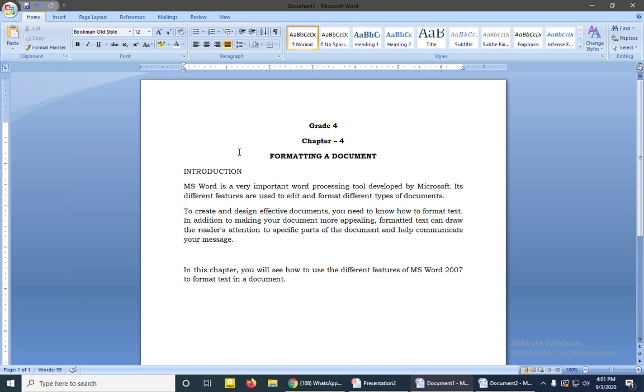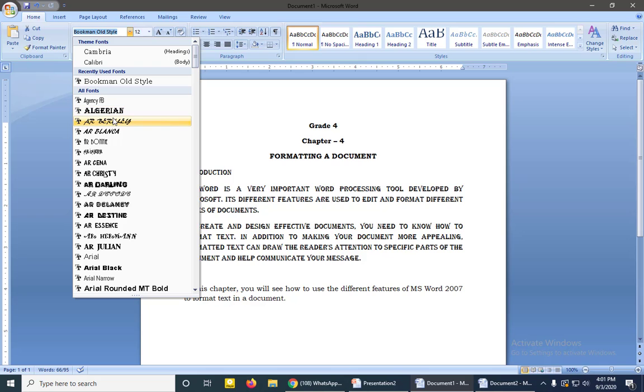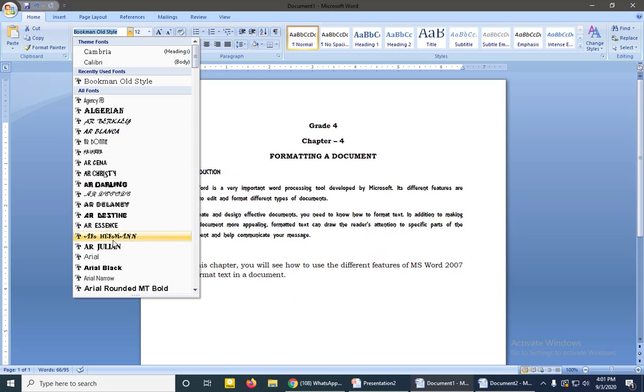Whichever you want you can select. For that, first you select the text, then click on the font face, then here you can select whichever type of font you want.